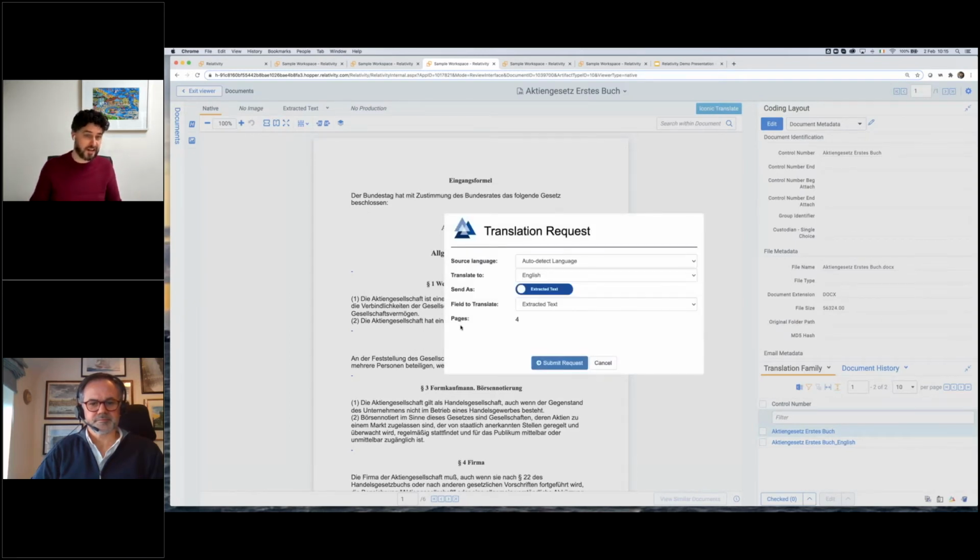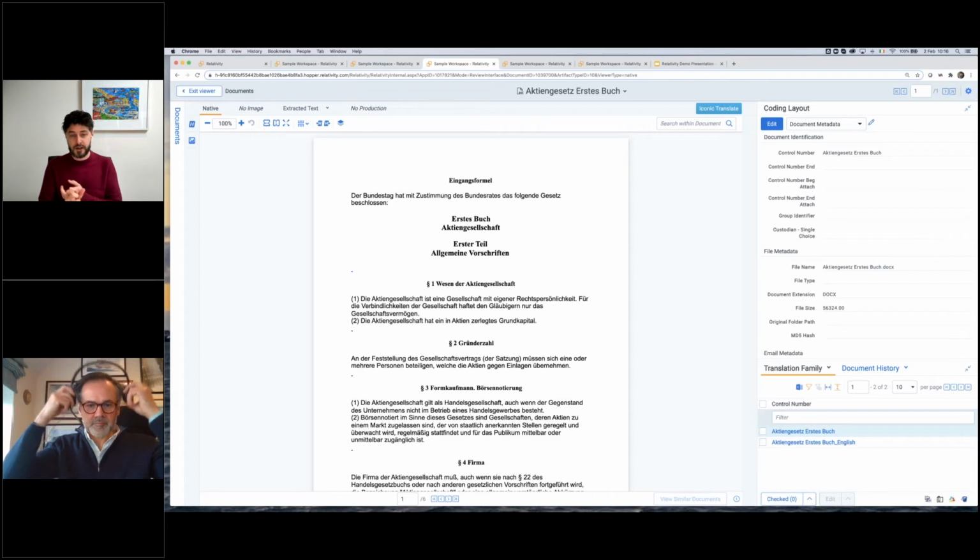The only difference is that it doesn't tell you how many documents you're translating because you've only got 1 document. Same idea, you click submit, that document will be sent off, and you're ready to go. So 2 ways to send documents for translation: individual document and mass action. And there are 2 formats you can send documents: extracted text or native. So that's how you send translations.